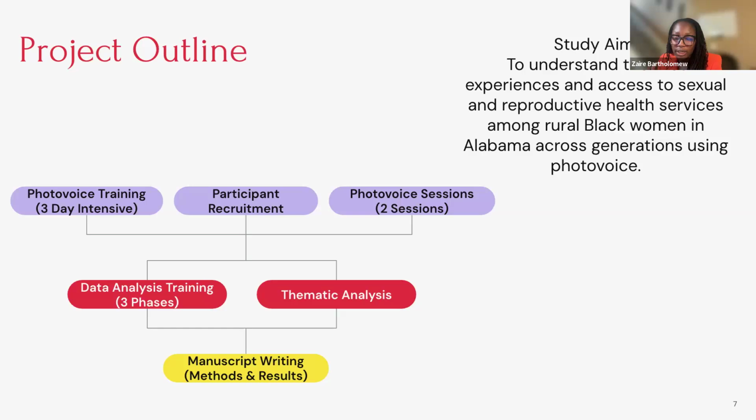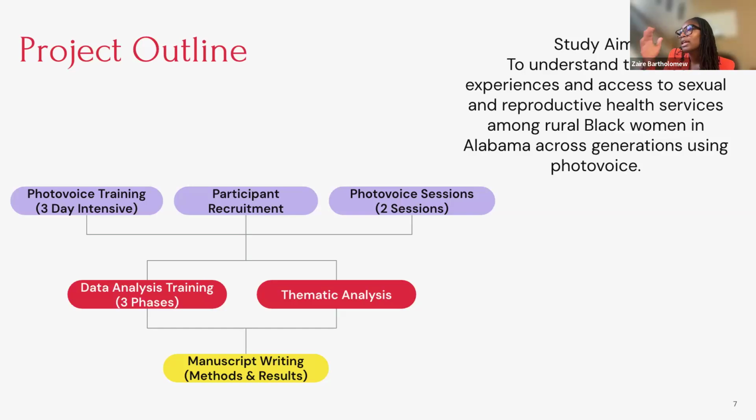That looked like 2 sessions: an introductory session where we taught them what Photovoice was. We explained to them the ins and outs of what the study would look like, what we expected from them, and also gave them their Photovoice prompts. So basically homework assignments, which they were able to take from session 1 and use to develop and document the photos that they would bring back to session 2, where we had a larger discussion and talked about their captions, their photos, what it meant, what it felt like to do this, and how the experience felt overall.